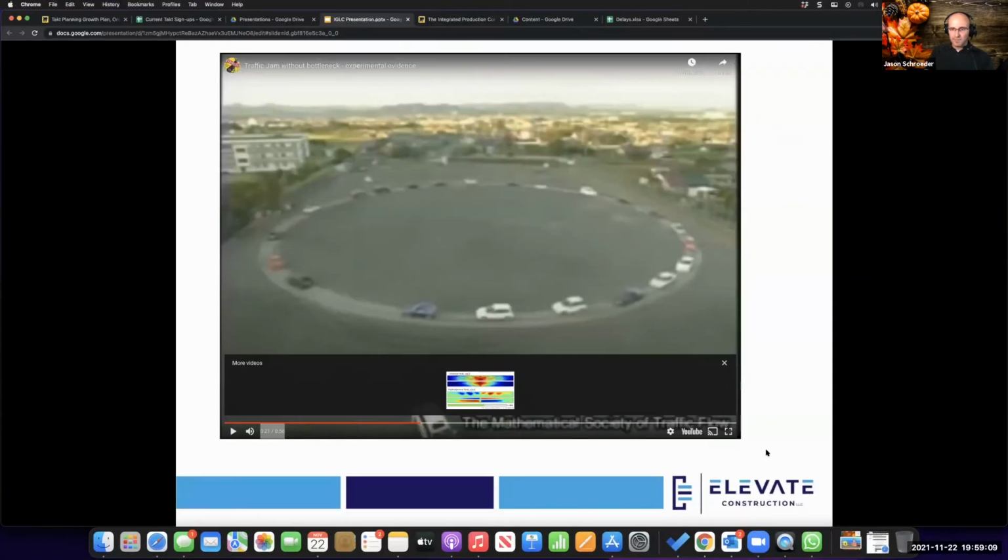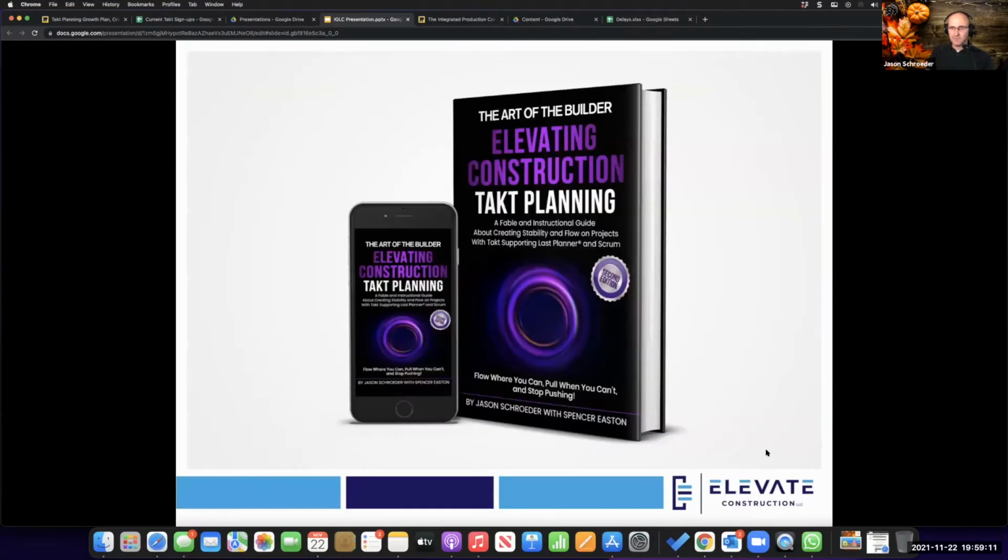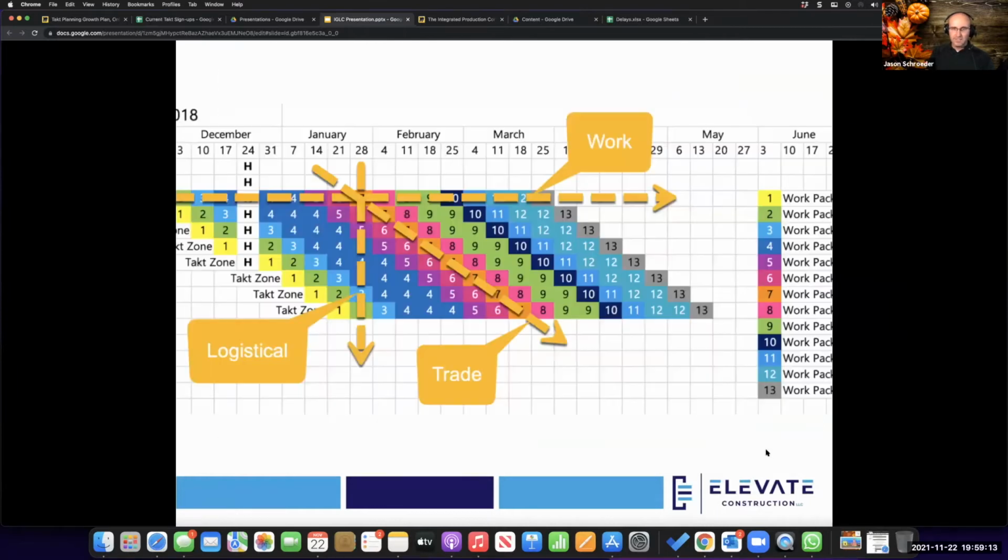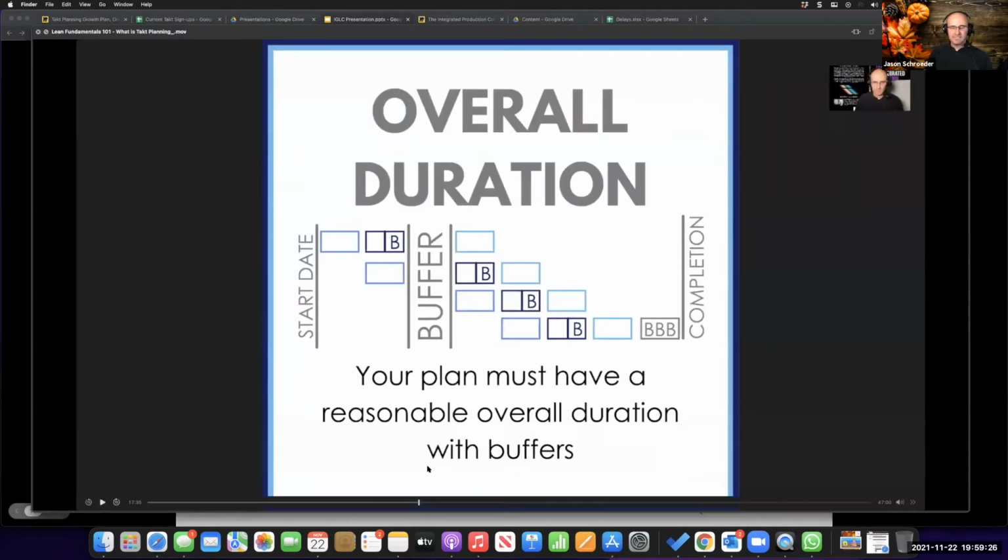And so my point, and the reason that I love Takt planning, we wrote this killer book over here, is that Takt planning has everybody going the same speed at the same distance apart, and it creates that stability and rhythm. So my closing argument before I leave is that Takt planning is amazing because it stabilizes and it's inherently faster, but it also allows you to optimize the sequence and gain buffers and live a normal, happy, successful life